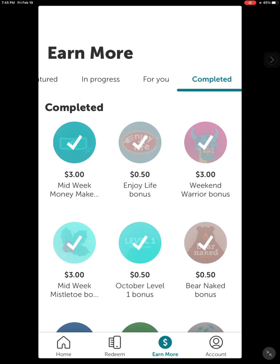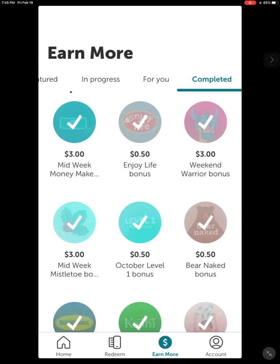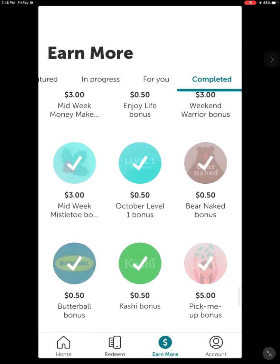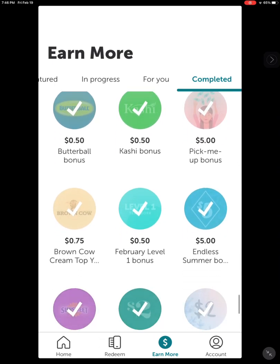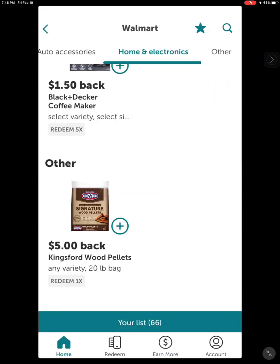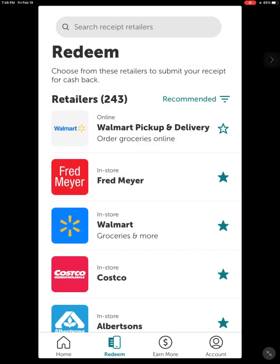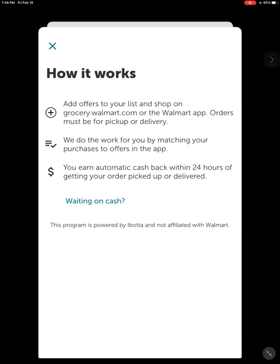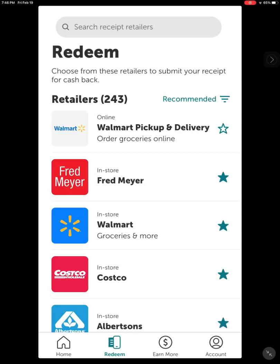Here's ones I've already finished. $3 off for a midweek shopping trip and $3 off for a weekend shopping trip. And then various other brands have other bonuses. Like if you buy a couple different things from the brand, they'll give you extra. So you can redeem it from any of your stores. I like Walmart because it automatically is connected. I don't even have to scan the receipt. It just instantly